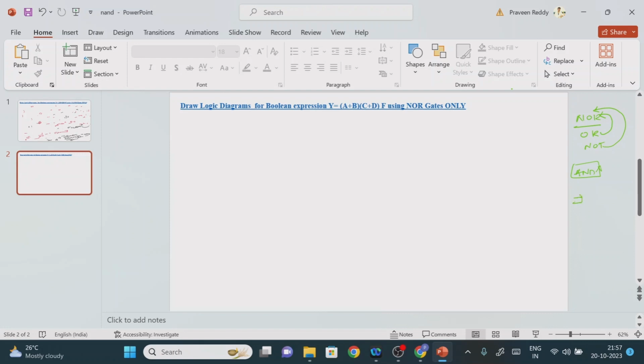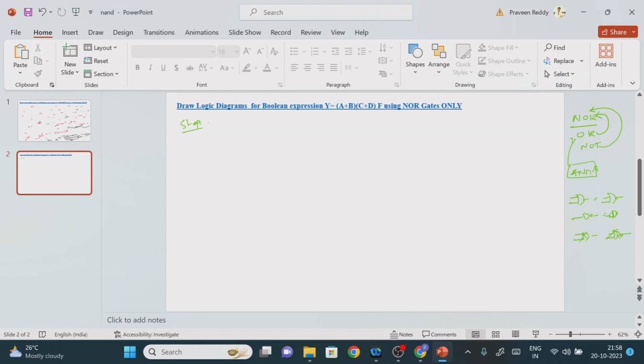Whenever you find the OR gate, you can directly replace it with the NOR gate. Whenever you find the NOT gate, you can directly replace it with the single input NOR gate operation. But if you find an AND gate and try to convert it in terms of the NOR gate, this is not possible, because the AND gate is not part of the NOR gate. So the first step in the design procedure is to design the logic circuit diagram by using only basic logic gates. Basic logic gates means AND gate, OR gate, and inverter or NOT gate.